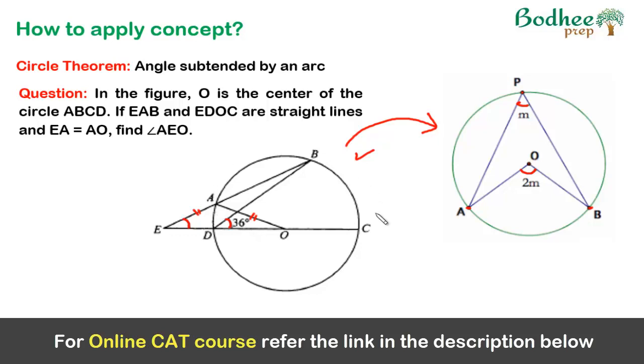For example, in this particular circle, I can say point B, point A and point D. These are the three points from where two lines are originating. Right guys? From B, you can see the two lines originating: this is the first line, this is the second line. So this angle so formed is on the circumference, right?